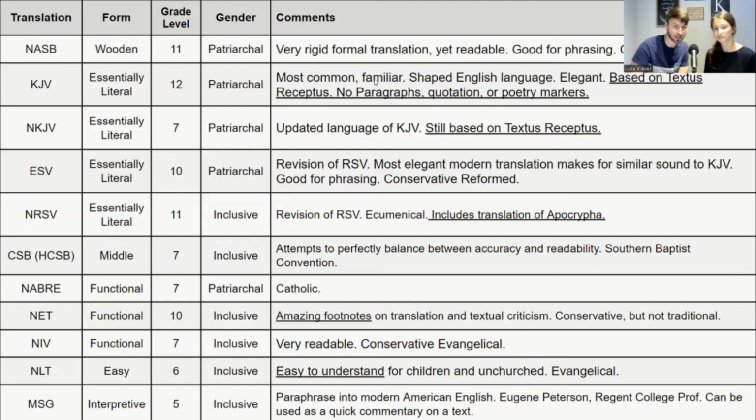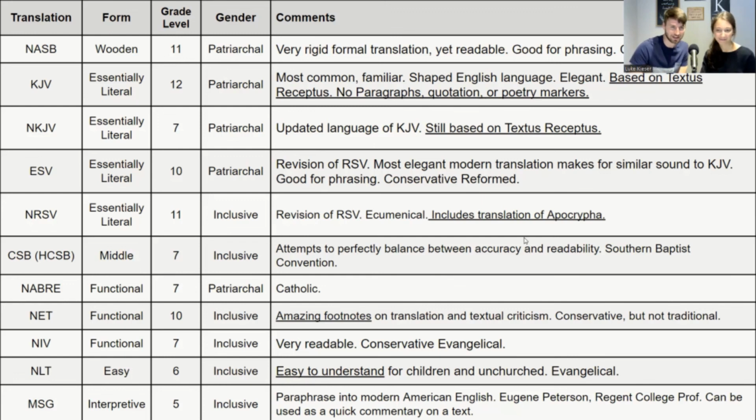So you can look at the King James and see the Textus Receptus, and New King James also uses the Textus Receptus. The NRSV, I really like the NRSV because it includes the Apocrypha. What's the Apocrypha? That's the books that you'll see in Catholic and Eastern Orthodox Bibles, but they're not in Protestant ones. Interesting. And maybe we'll talk about that debate at some time. There's also a King James translation of the Apocrypha as well.